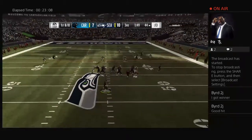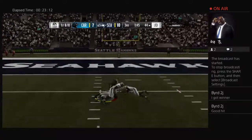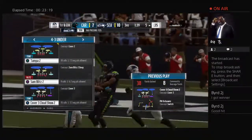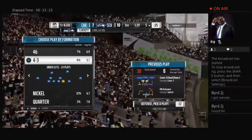To throw is Wilson. He's going to wind up and air it out. And that is caught. One-handed. Oh, my, he pulled it in. They give him a gain of 38. Well, it's one thing to grab it with one hand, but when you make a catch of that distance, quite